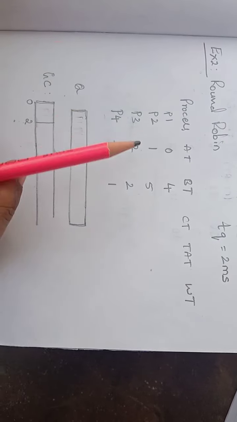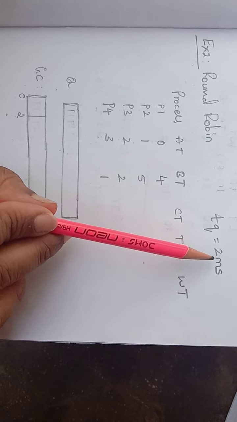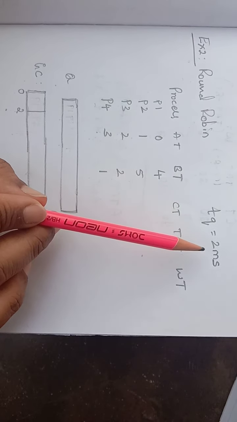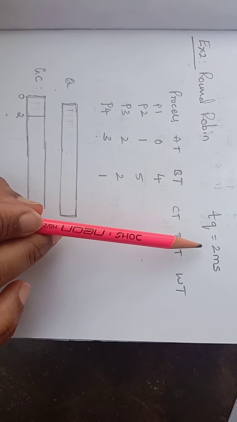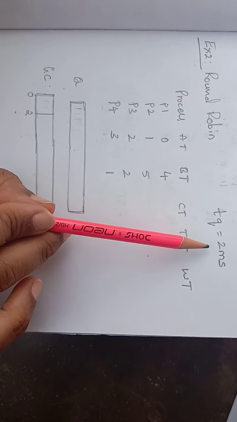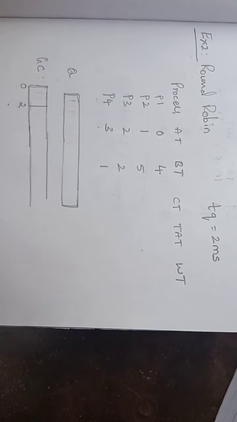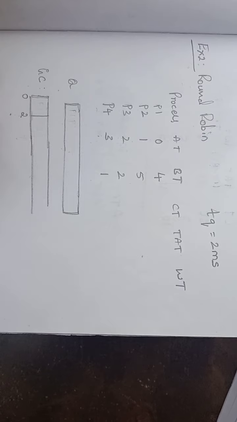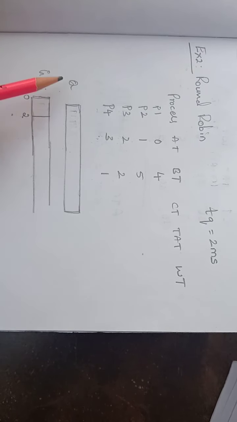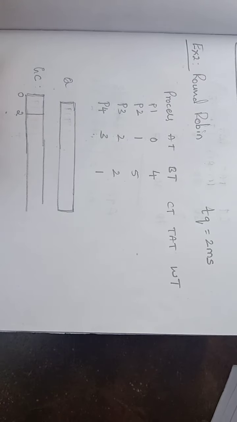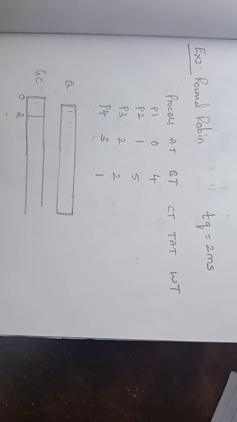We already know how round robin works with the time limit. Every process in each round gets at most the amount of time defined by the time quantum or time slice, and uses the CPU only for that long. Once it reaches that limit, the CPU is preempted to the next process in the ready queue. While solving round robin with processes arriving at different times, we need to maintain one more queue along with the Gantt chart.